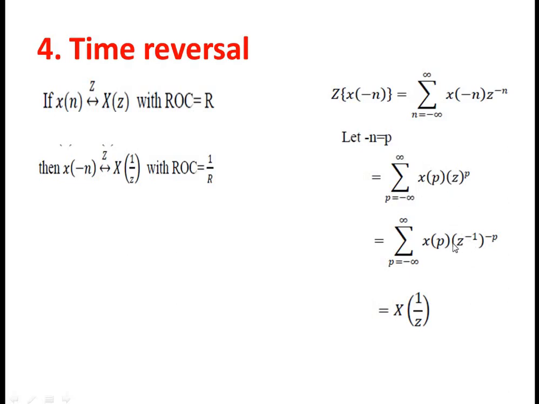So here we are having p as the independent variable. So we have to make the power of z also in terms of p. So we are writing this z power plus p as z inverse of minus p. Minus 1 into minus p is going to give only p. We are just trying to convert this step into the form of a generalized form. This is what we are trying to get. Okay, so now we can write this as x of 1 by z. This is the proof for time reversal.